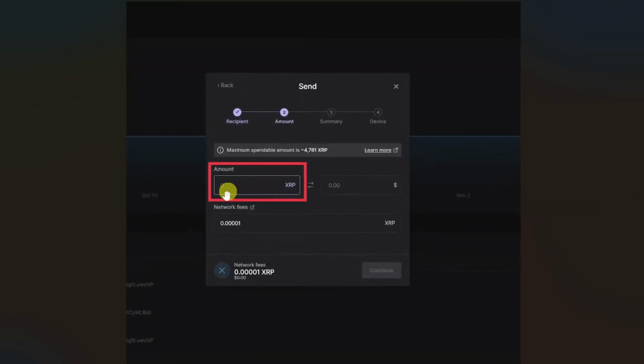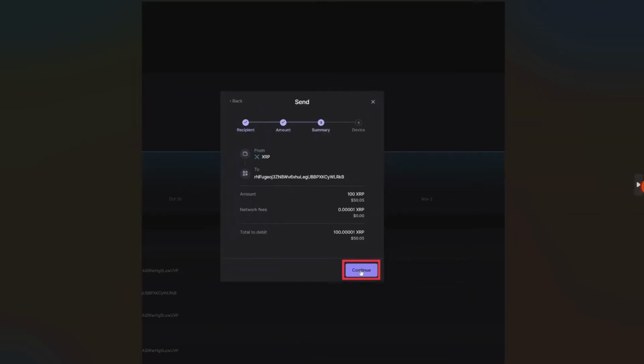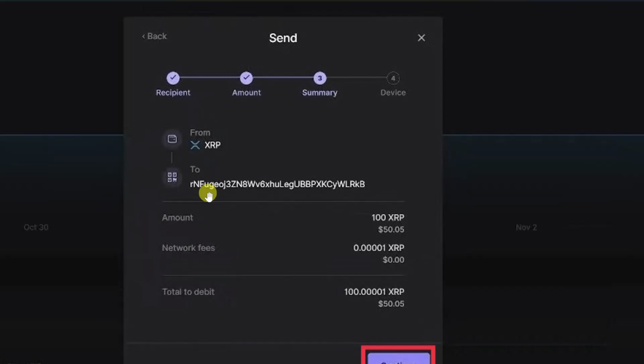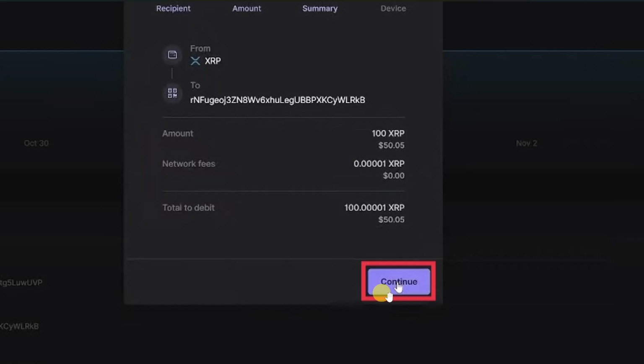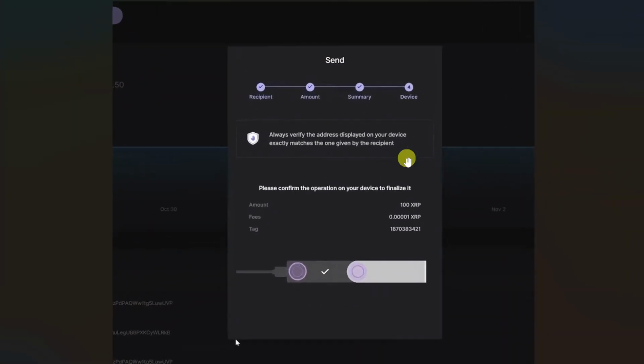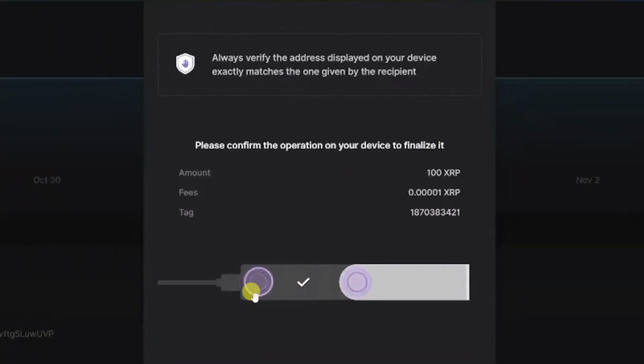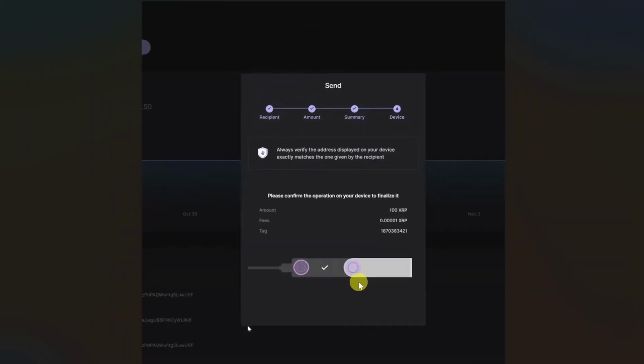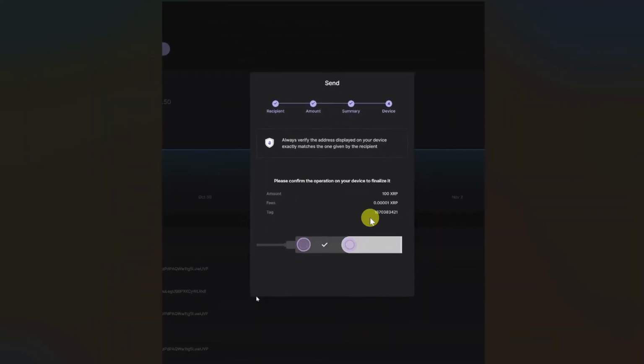After that, you just have to enter the amount how much you are going to transfer, and then click on continue. And lastly, you have to confirm this action. So make sure your wallet address and the amount is correct, and once you do that, click on continue. And lastly, you need to confirm this operation on your device. So you have to press these two buttons on your Ledger device, and once you do that, your crypto will be transferred from your Ledger device to your